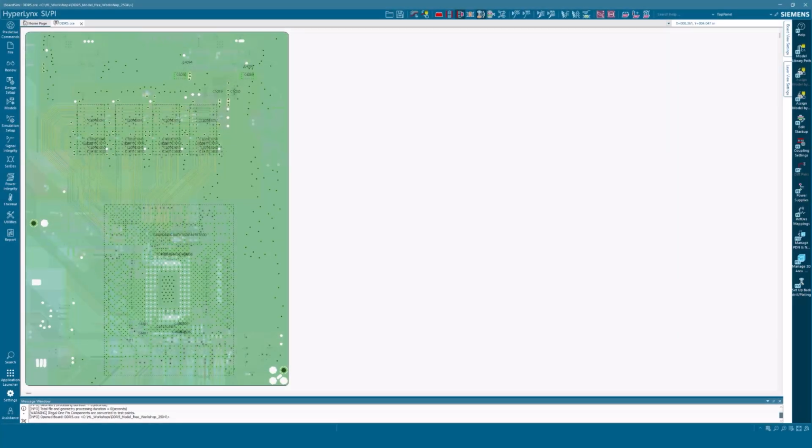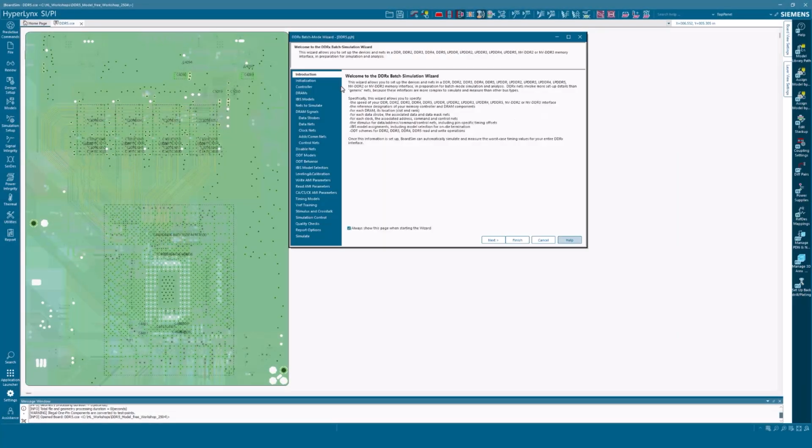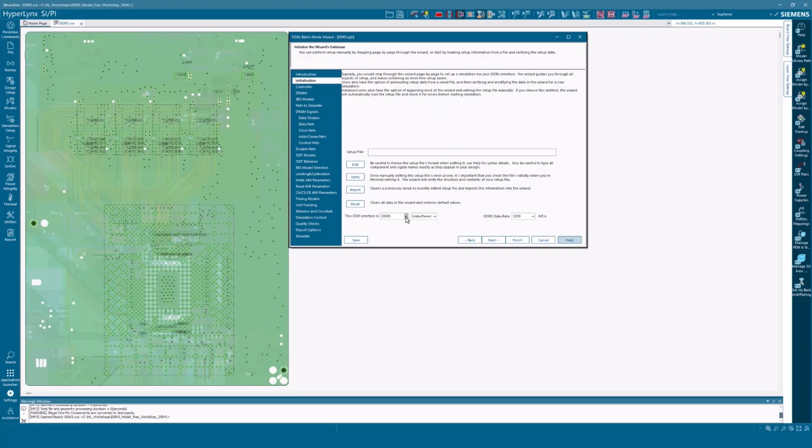Substantial updates and improvements to the DDR5 and low-power DDR5 simulation flows have been made, including expanded speed grade support for DDR5 and low-power DDR5X. Additional improvements include a simplified user interface and enhanced reporting capability.